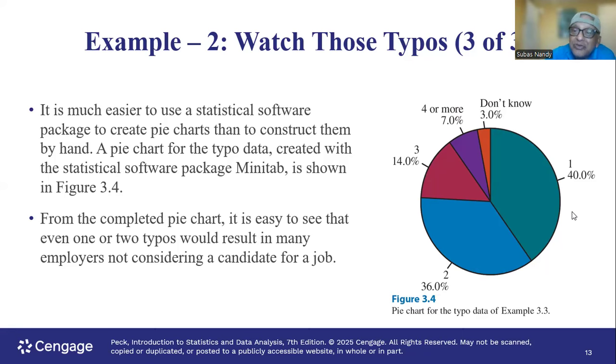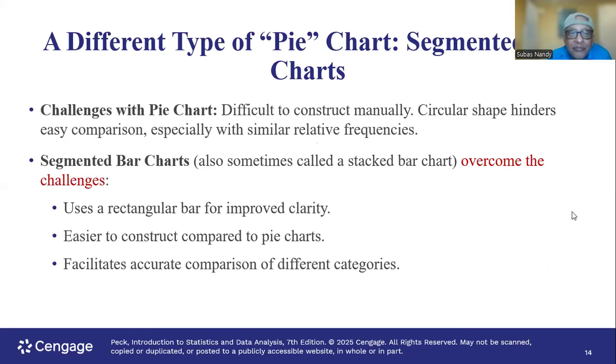So between these two classes, the sector for one typo, dark blue, and the sector for two typos, light blue, 40% plus 36% is 76%. So right off the bat, you know that 76% of the resumes are rejected if there are one or two typo mistakes. Challenges with pie charts: they are difficult to construct manually. We are not going to construct them manually. We are going to use